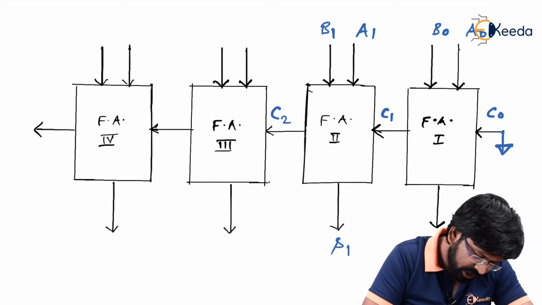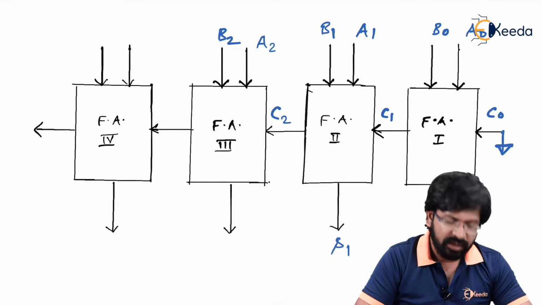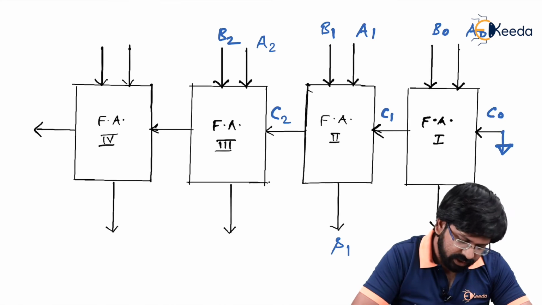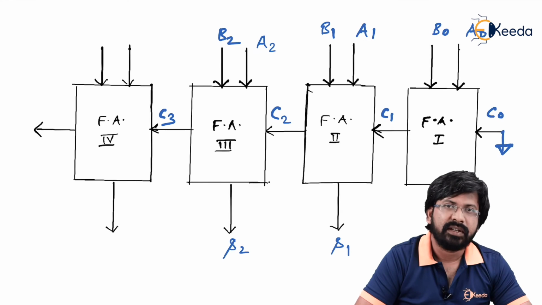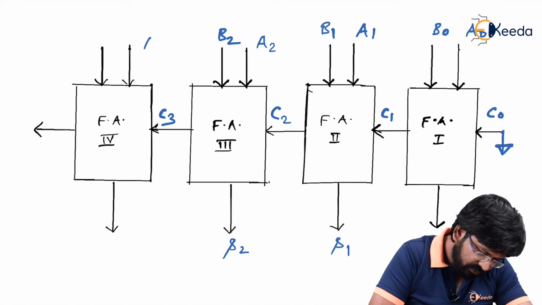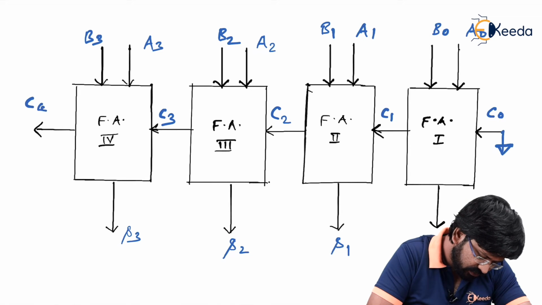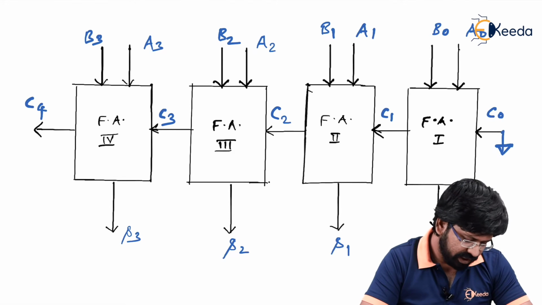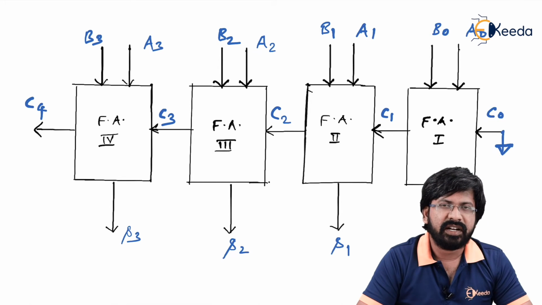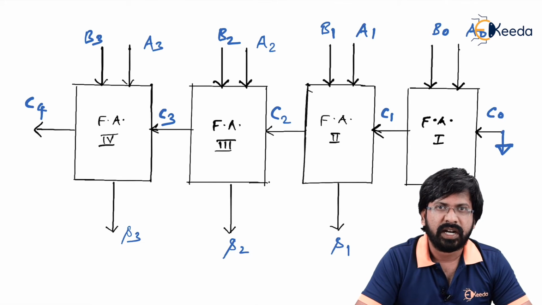This time full adder number 3 will take care of A2, B2 and C2. After adding A2, B2 and C2 together, it generates sum as S2 and carry as C3. Then the last full adder will take care of A3, B3 along with C3 and by adding them it will generate sum as S3 and C4. So now we are crystal clear that S3, S2, S1, S0 is the final sum and C4 is the final carry. In the previous slide we have already seen the addition. Likewise, with the help of hardware also I have shown you the addition.